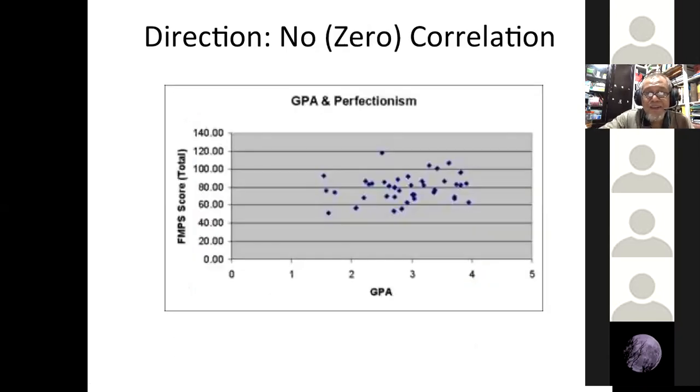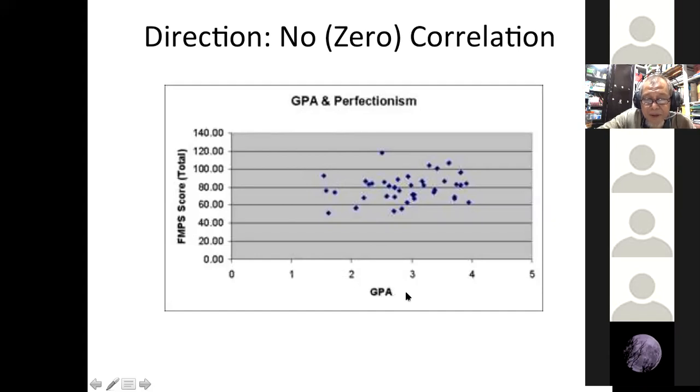And then the last one is no correlation. So like this, when the plot looks like this, it means that when someone is low in the independent variable, they may be low or high in the dependent variable. So it looks like there is no correlation at all. This is a sample of GPA, grade point average, and some kind of test in one area of their field of study.